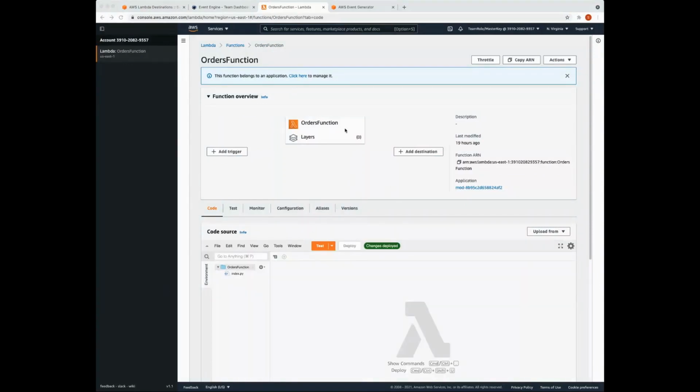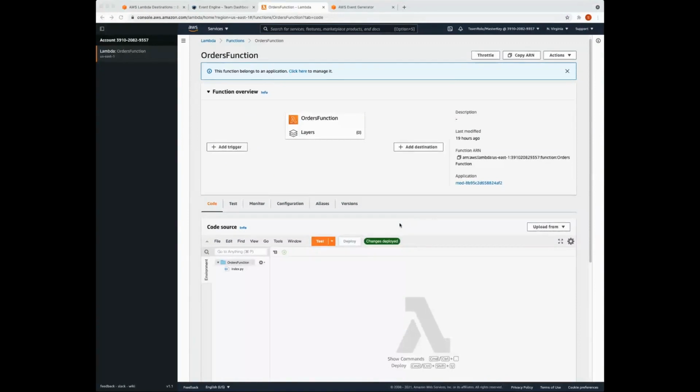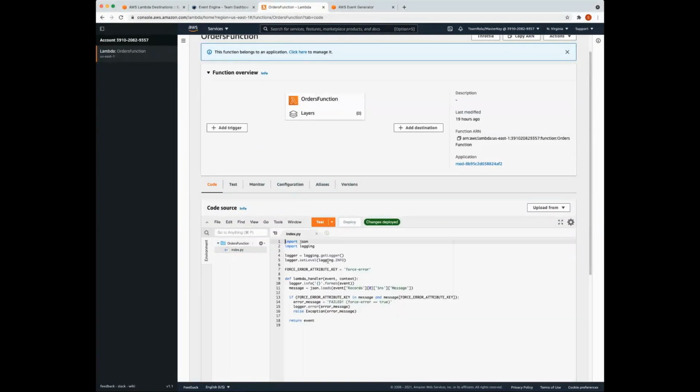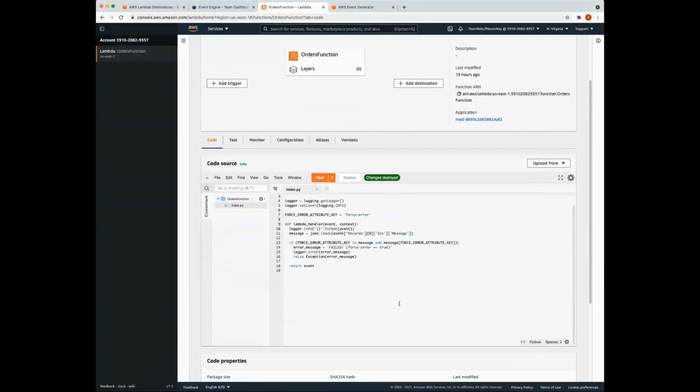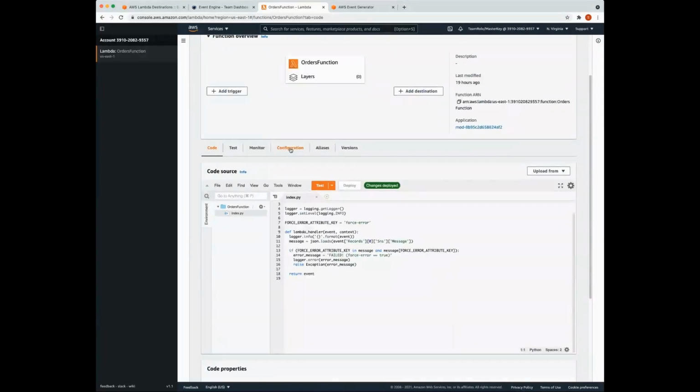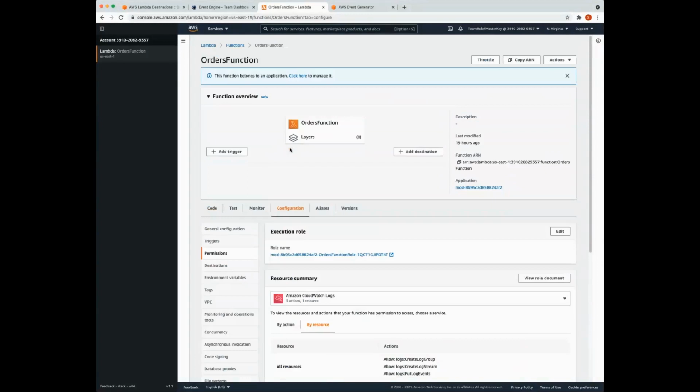Here you can see we have tons of information about this function. We can look at the source code here. This is a Python function. We can look at some of the properties of the code. We can see the runtime here is Python 3.7, and we can look at configuration and that kind of stuff, right? Now what we're going to do here is add a destination.